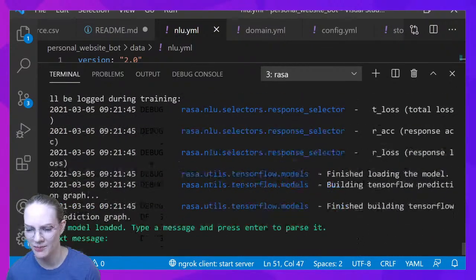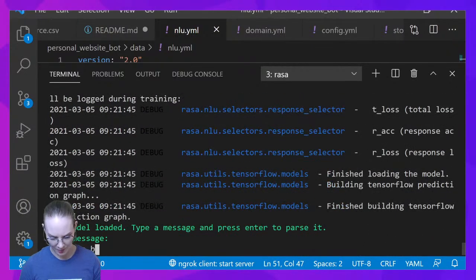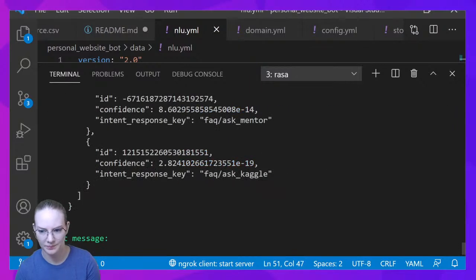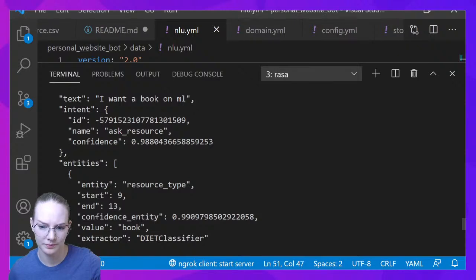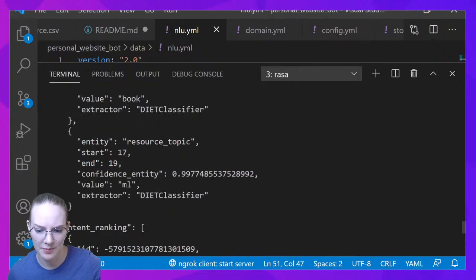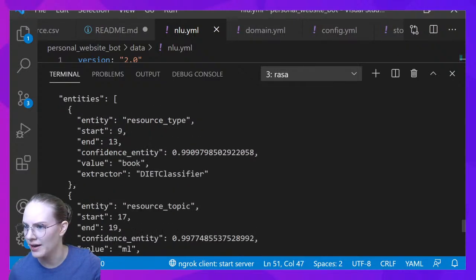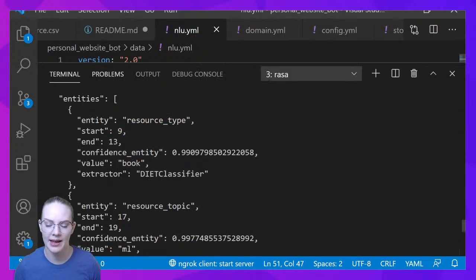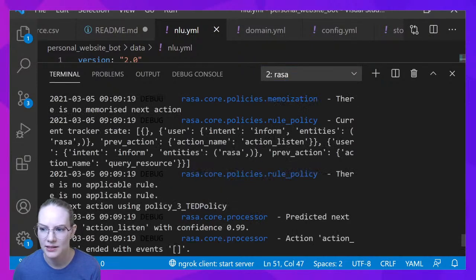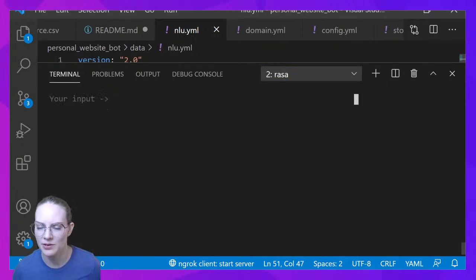It's something that we talked about. I want a book on ML. Resource type, yep, resource topic. Fantastic. Okay, so having just changed that, let's go back and I don't think we need to restart the action